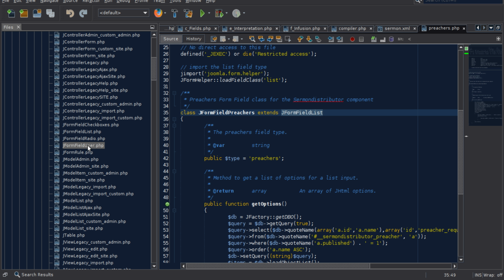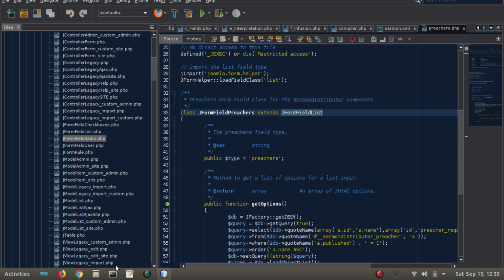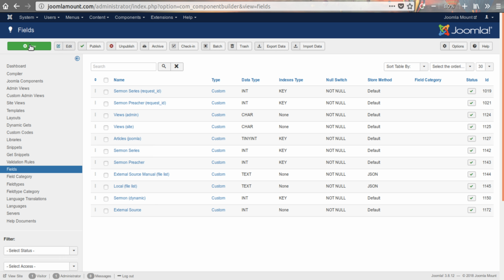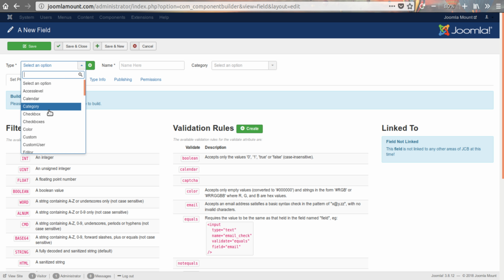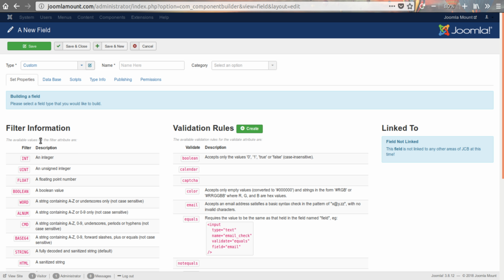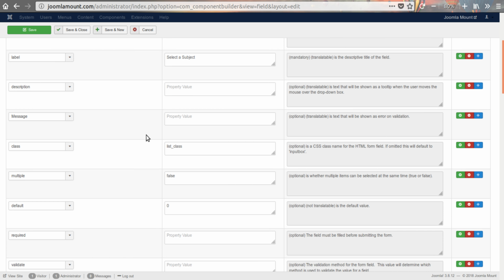But the field user, we actually made a whole custom field to just target the field user. But the checkboxes and the radio, if you go back to JCB and create new, and you select custom, you'd see that